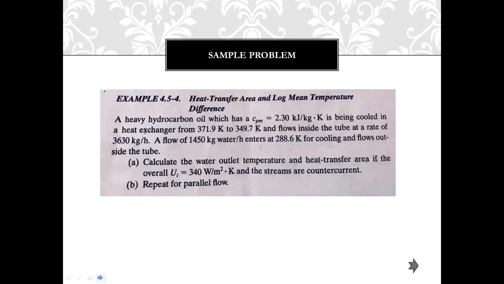So that's the temperature log mean difference. A heavy hydrocarbon oil, which has a CP of 2.3 kilojoule per kilogram Kelvin, is being cooled in a heat exchanger from 371.9 to 349.7 Kelvin and flows inside the tube at a rate of 3,630 kilogram per hour. A flow of 1,450 kilogram water per hour enters at 288.6 Kelvin for cooling and flows outside